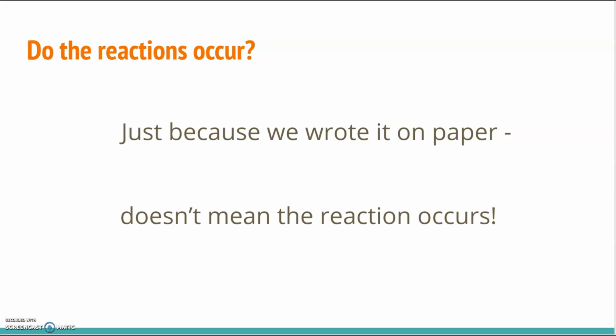Great. But just because we write them doesn't mean they actually occur. So now we have to figure out what reactions actually happen, because sometimes if you mix something together, nothing happens. If I mix salt water with sugar water, I get a solution that's a salty, sugary mix, but no reaction actually took place. It's just a mixture. So just because you mix things, you can have a mixture of compounds or a mixture of elements or a mixture of elements and compounds or a mixture of ions,